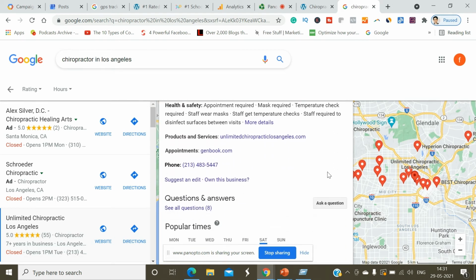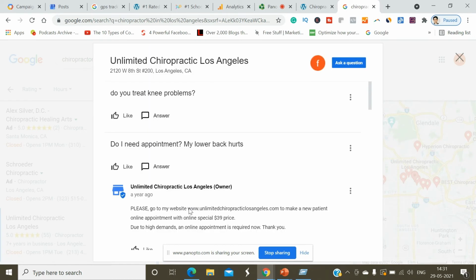Here they have given you the feature to add Q&A. All right, so this is what you can do. So your Q&A on GMB dashboard will actually help you to improve conversions. Okay, so this is Q&A. Ask a question, and anybody who will ask a question, then you have to write the answers over here. So see all questions which are being asked. Okay, so this is how it is. Let's scroll down.